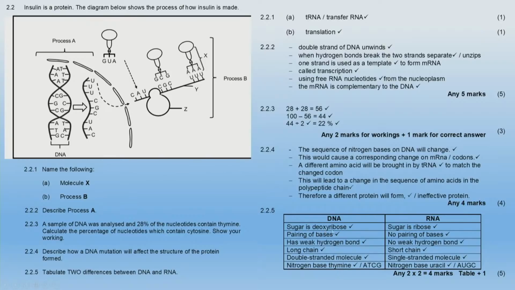Then the sugar is deoxyribose in DNA and ribose in RNA. And then we have the difference because this one is thymine and this one is uracil. So be sensitive on that one. And again, also, what role does DNA play in transcription and translation. And then also a difference, I think it was in one of the formal tests this year, or it was in an